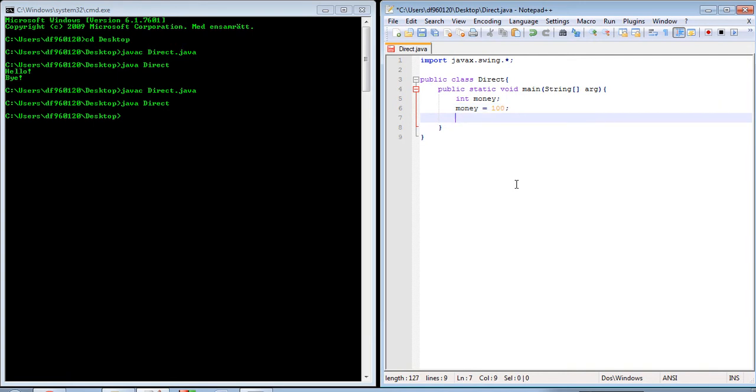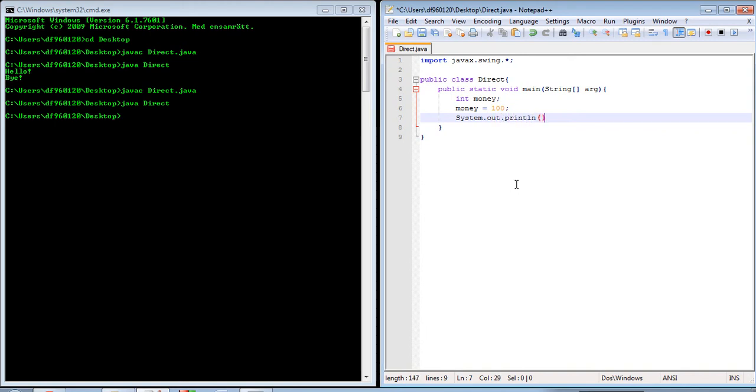So that's it. We have initialized our money variable and we gave it a value of 100. Remember, you can't use decimals because it's type integer. We'll talk about different types later. So for now, just use int, and go ahead and write